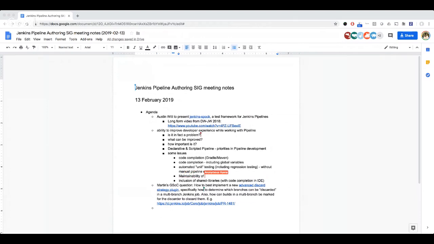We're never killing scripted as the way to write shared libraries, because there is definitely a need to be able to do more complex logic and conditional behavior and loops and various other things